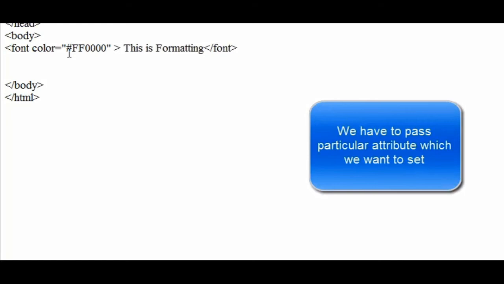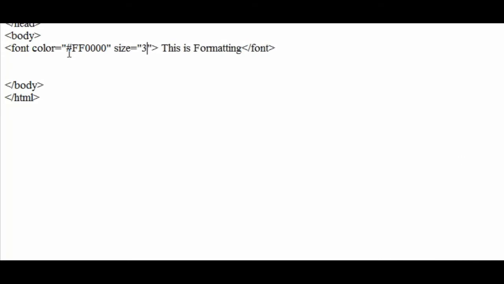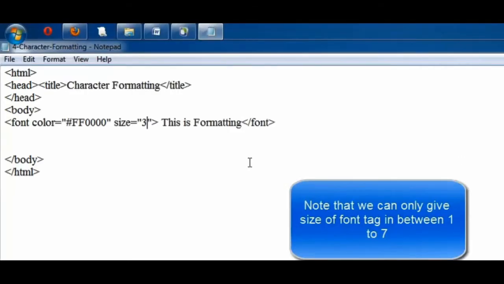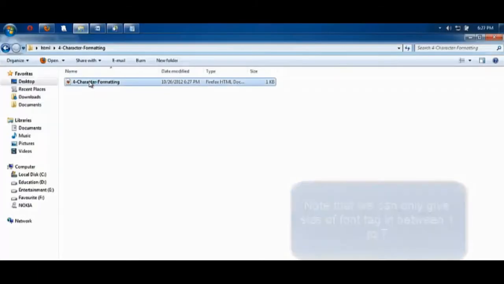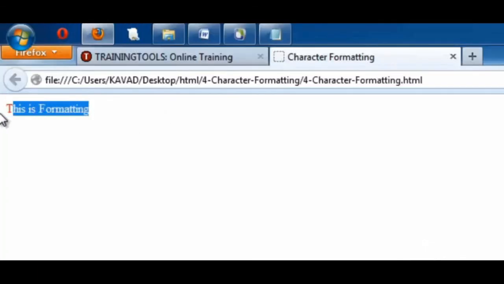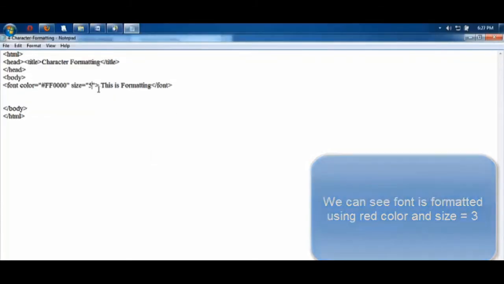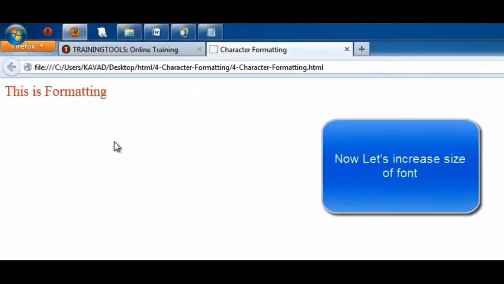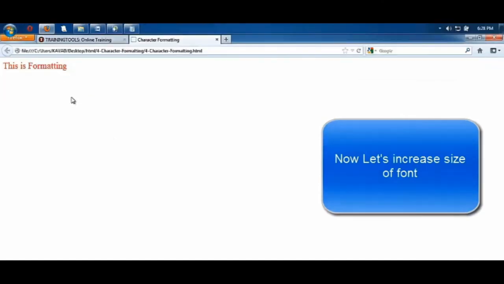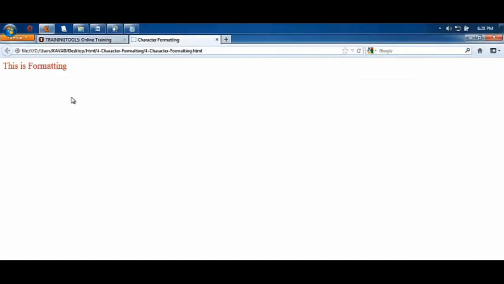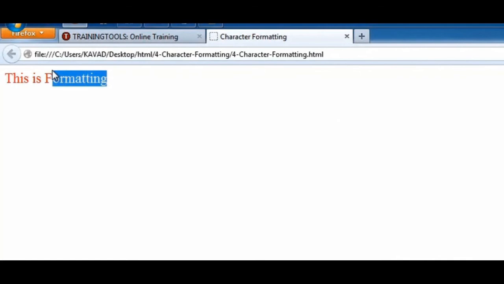These are the attributes. So we have two ways. One is to directly write the color name, or this is your color code, that is based on hexadecimal. Six characters you can use at a time. And size I have changed. Now see, this is the formatting, that is, font is used to format your font color, that is what is called character formatting. Now if I want to increase, I told you, again we have to check the attribute.